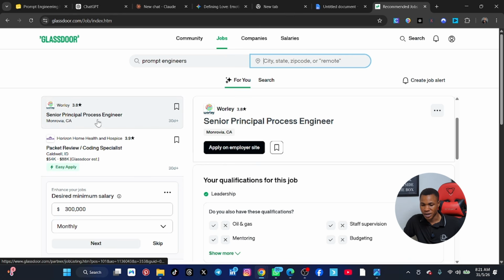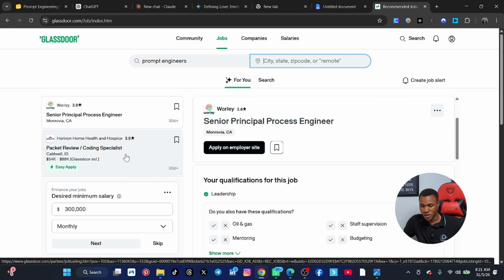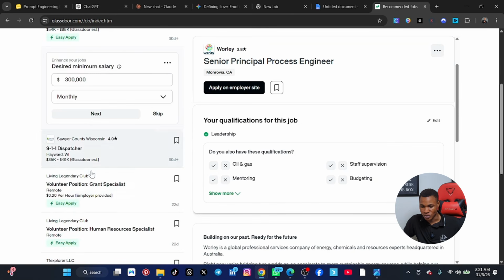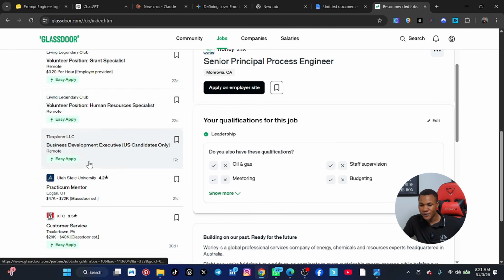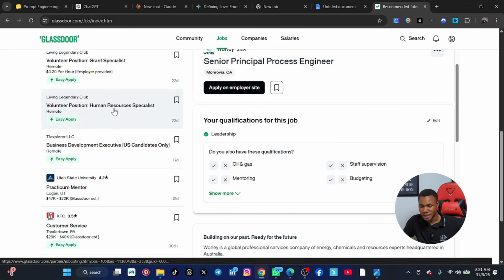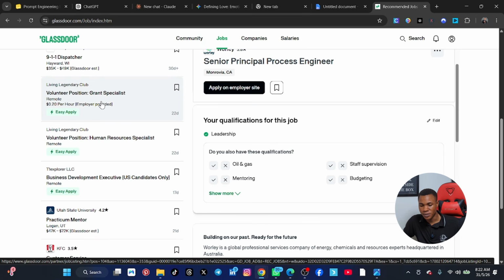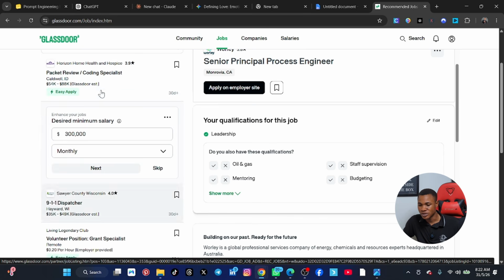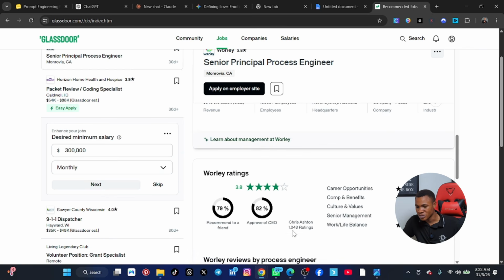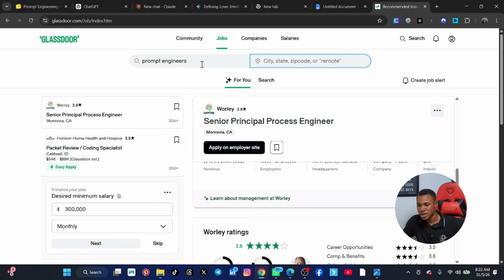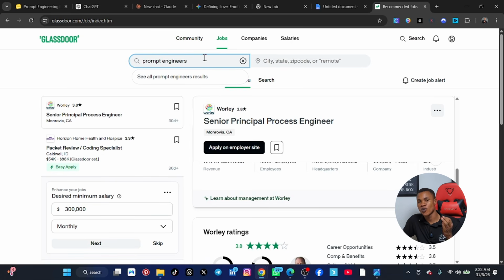We have senior principal process engineer, coding. This has to do with coding. If you keep searching for all these jobs, you will see them. Even for these jobs, like volunteer positions where they need human resource specialists or grant specialists, you can use AI to answer most of these questions. I think there are no suitable jobs particularly for prompt engineers here, but you can use other platforms like weworkremotely.com,